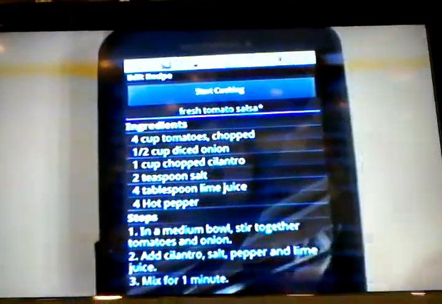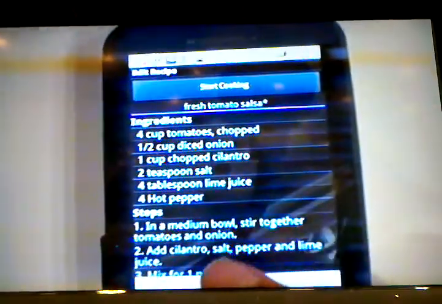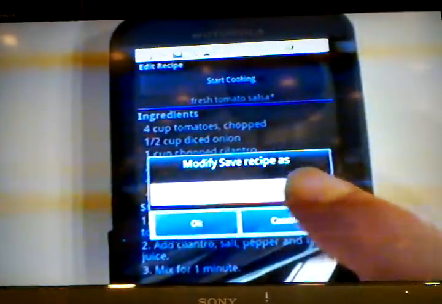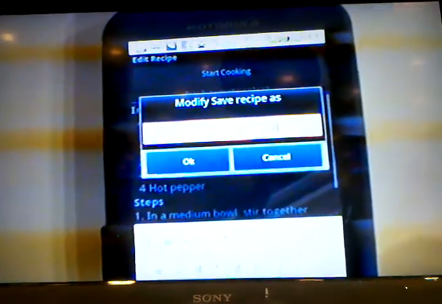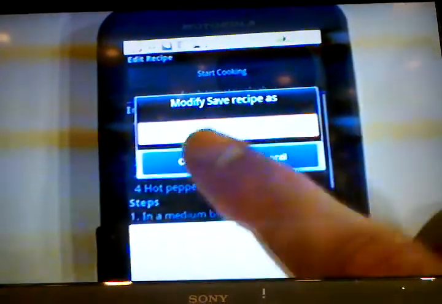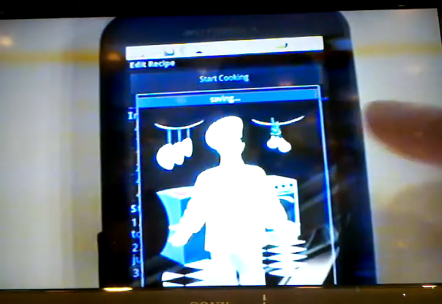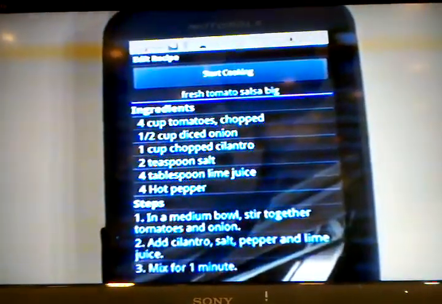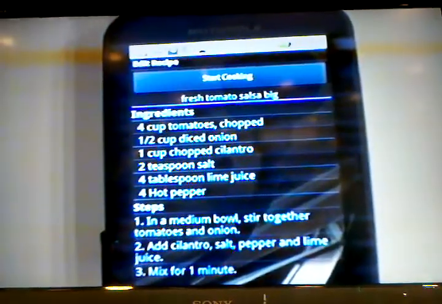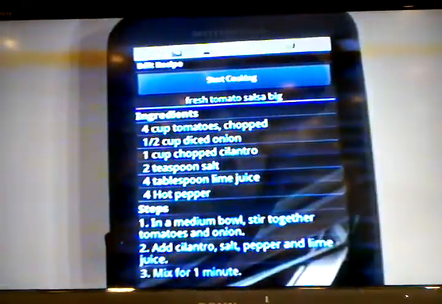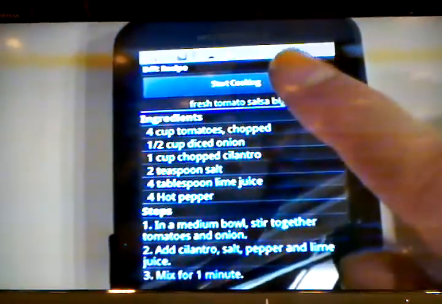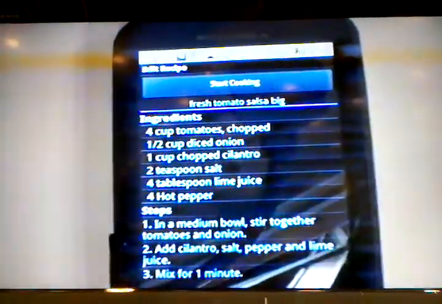automatically. And if I want, I can keep a copy of this recipe by doing the save as ingredients and I'm going to call it a different thing. I'm going to call it the big salsa big. So now I actually have two versions of the salsa recipe, and I think I'm ready to cook. So when I'm ready to cook, all I have to do is click the start cooking button and access the recipe